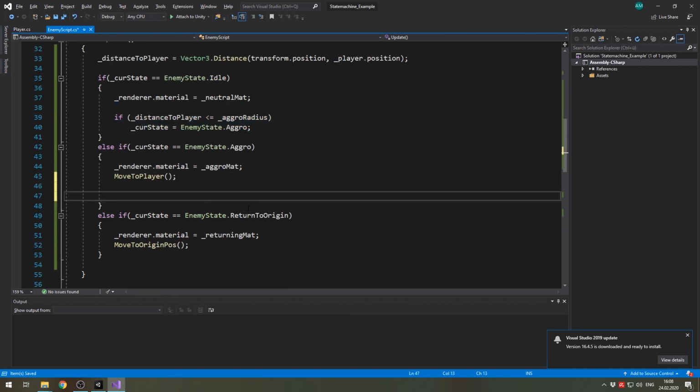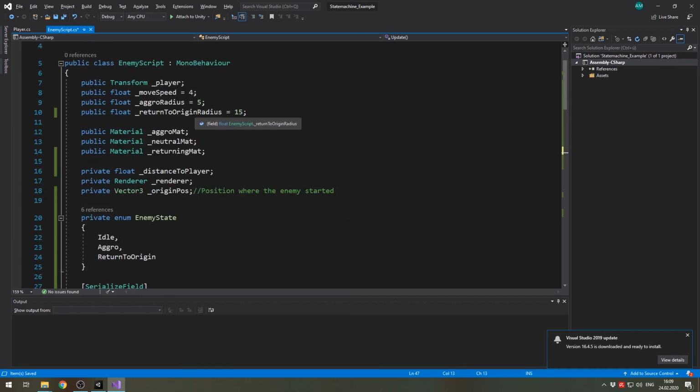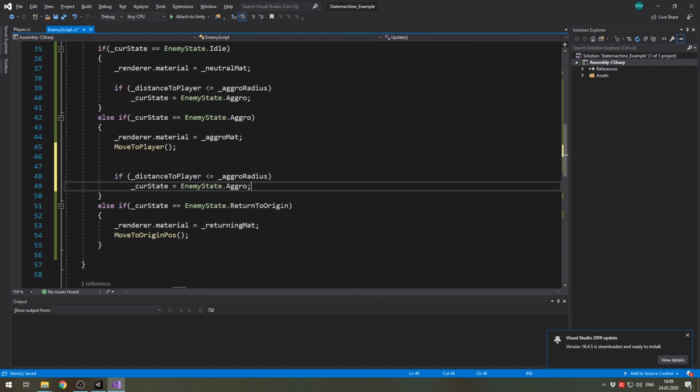Now let's say the enemy is currently aggro and the player leaves the return to origin range, or how I called it, the return to origin radius. He should switch his state to return to his starting position. So let's do this. All right, so now if the enemy is aggro and it moves too far, it should switch back and go